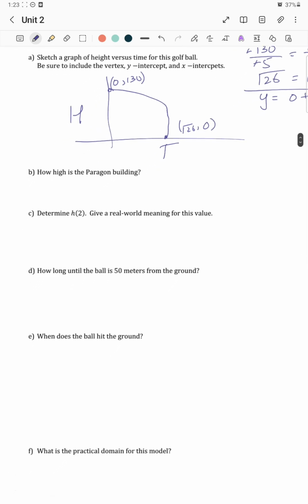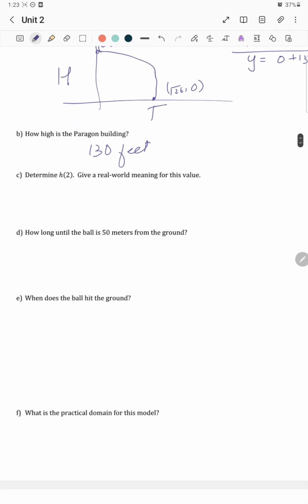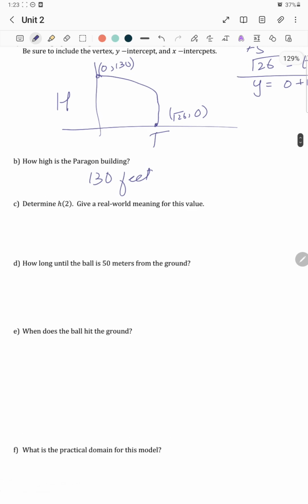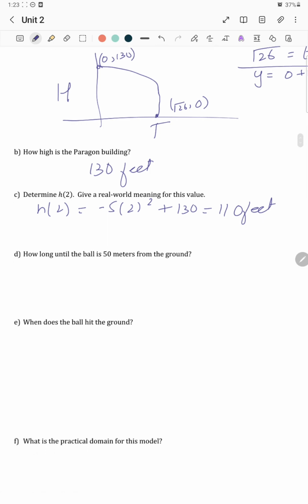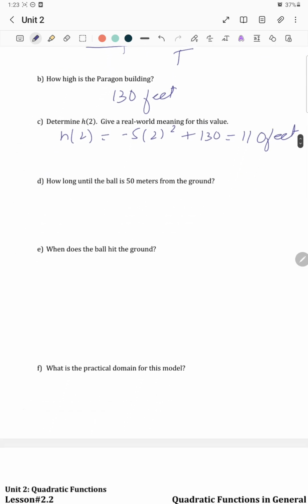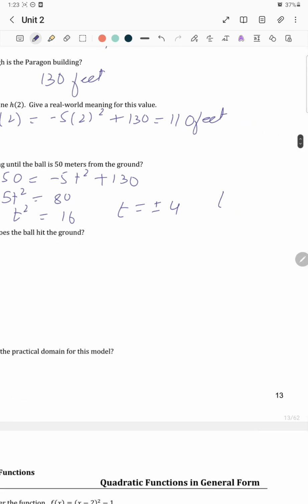How high is the Paragon building? So it's 130 meters height. Determine h of 2, give a real world meaning for this. h of 2 is equal to minus 5 times 2 square plus 130, which means 110 meters. How long until the ball is 50 meters from the ground? 50 is equal to minus 5t square plus 130. 5t square is equal to 80. T square is equal to 16. T is equal to plus minus 4. Time is positive, so t is equal to 4